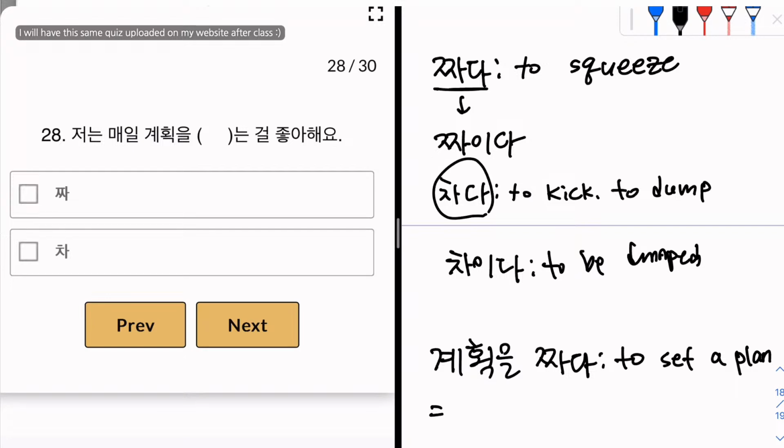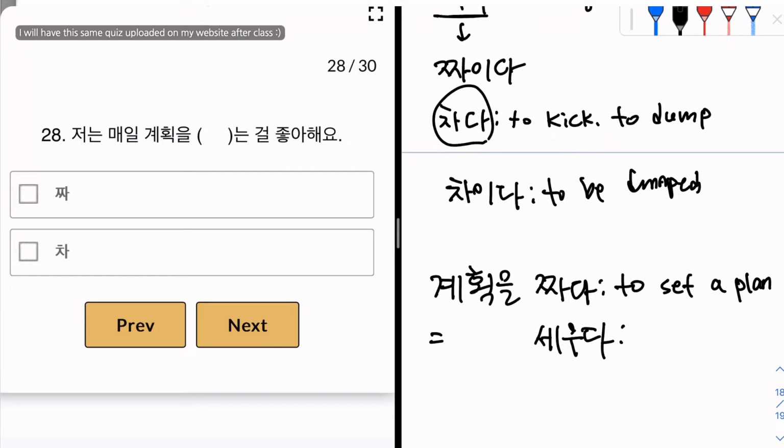계획을 짜다. And we also learned that you can also say 계획을 세우다. 세우다 literally means to make something stand, so establish. So establish a plan or you set a plan, they both work. So 저는 매일 계획